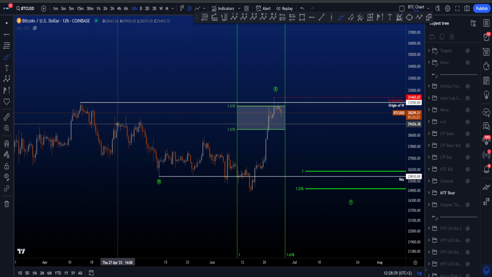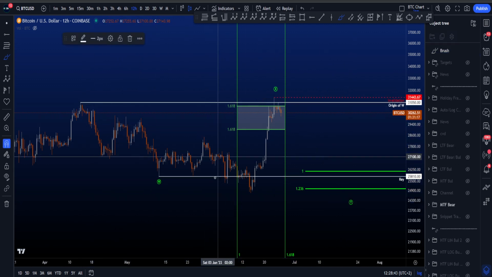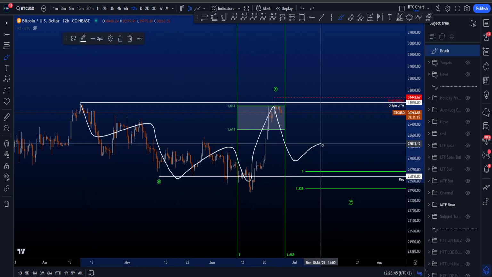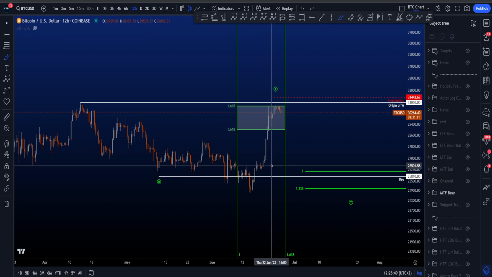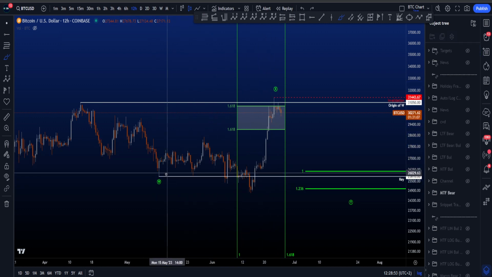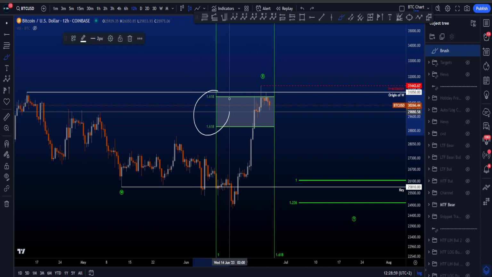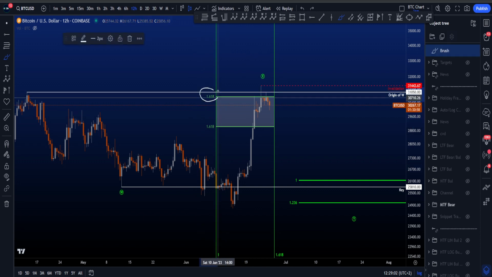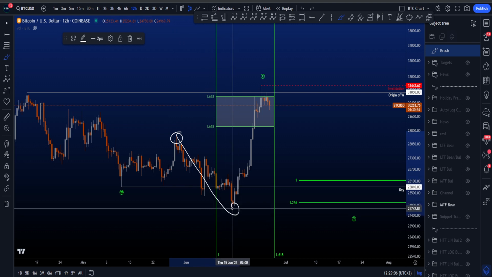So over here we are still looking for a move to the downside in a bigger WXY scenario, which is a 3, 3, and then another 3 to the downside. Inside this wave X, we are then looking for an expanding flat, which is a 3, 3, and then a 5-wave move, which is an ABC structure. Wave C, most common target, is this white box over here between the two 1.618s. The upper 1.618 is taken a normal Fibonacci from the high over here to the low of wave B, and